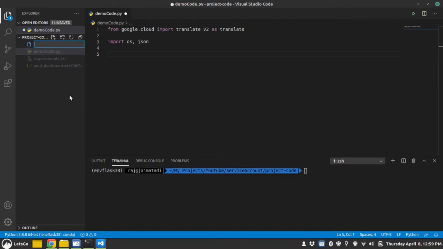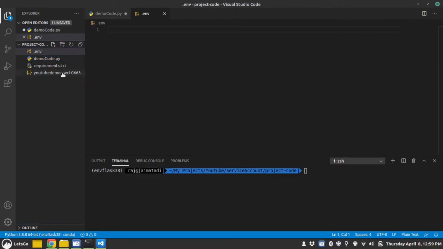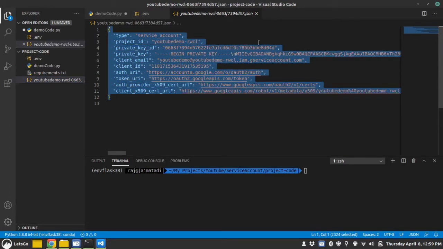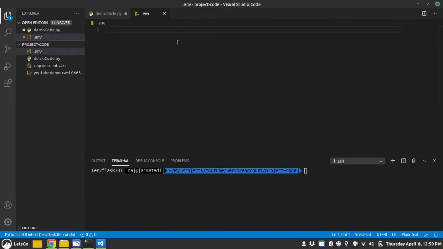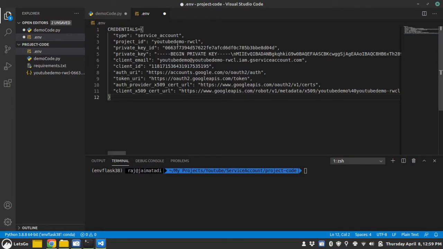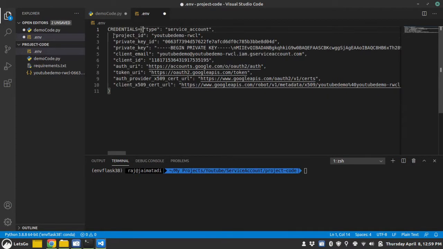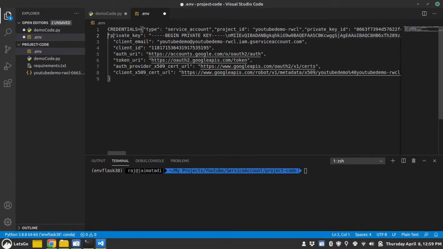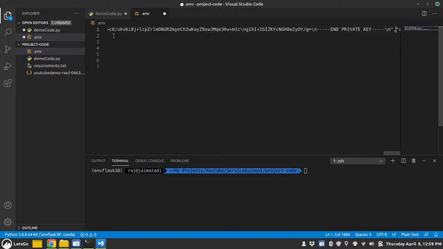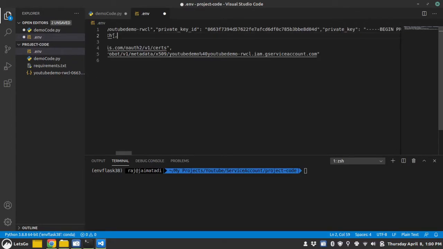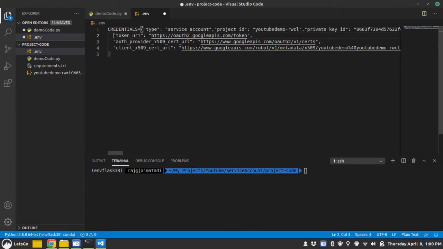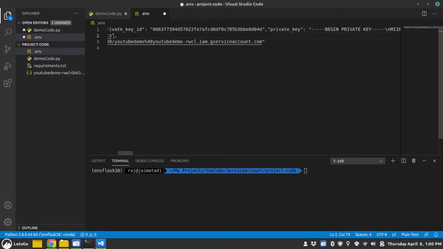First, let me create a .env file, and what we will do is copy the content of the JSON file into this .env file, and I'll convert the whole JSON file into one line, because many times the parsing of this text into JSON will create errors.